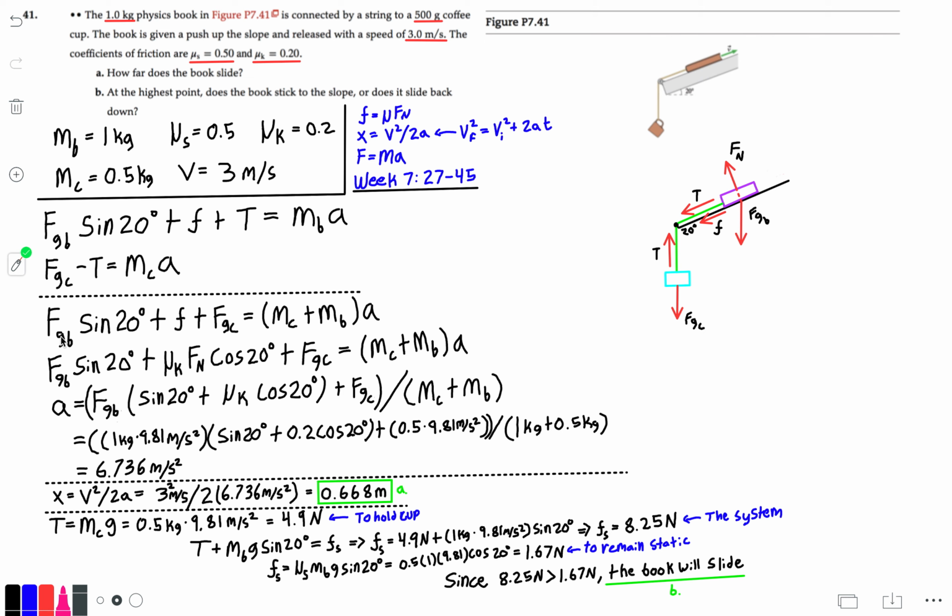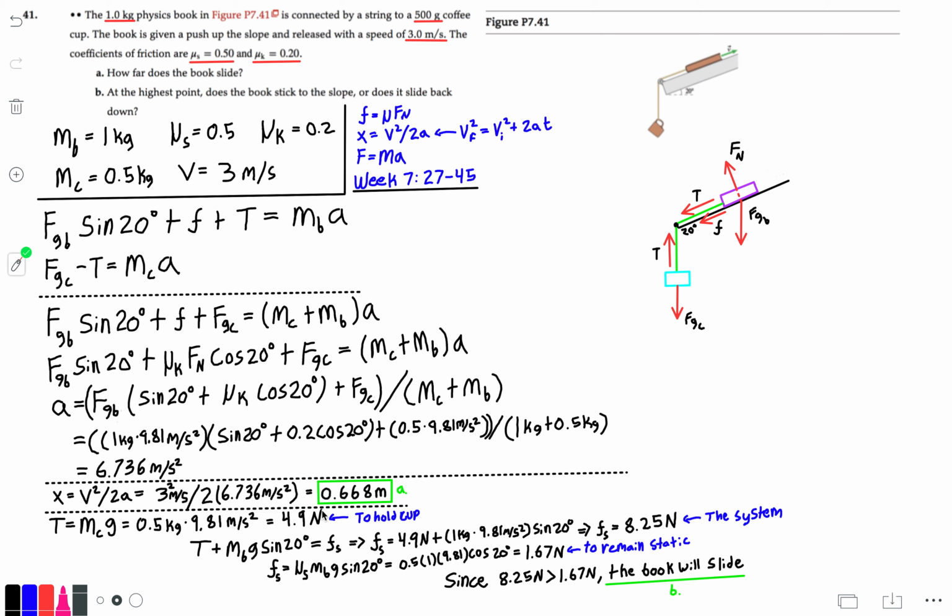So here I'm relating the two equations together and simplifying down, and then I get this expression here for our acceleration. With this expression, I'm going to just plug in our variables, as you can see here, and I am left with 6.736 meters per second squared. And then from this acceleration here, I actually need to plug it into our kinematics equation up here to get our distance. So this is how far the book slides right here,